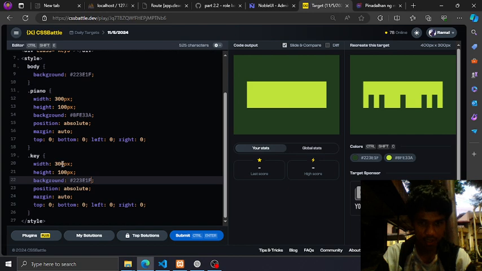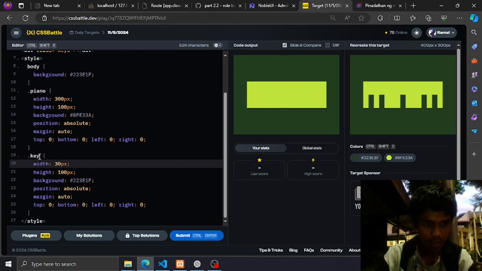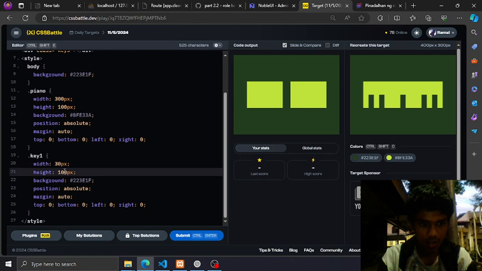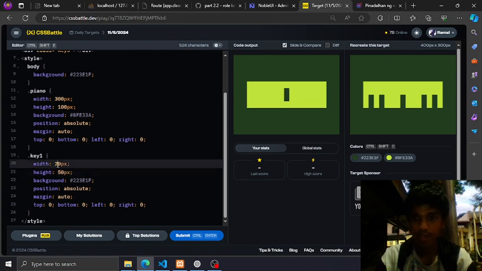So let's adjust this. The width is just 30 maybe, and then the height, no, this is key 1, and then the height is maybe, let's assume this is 60, 50, 60, okay, 50, 20, and push this to the bottom.